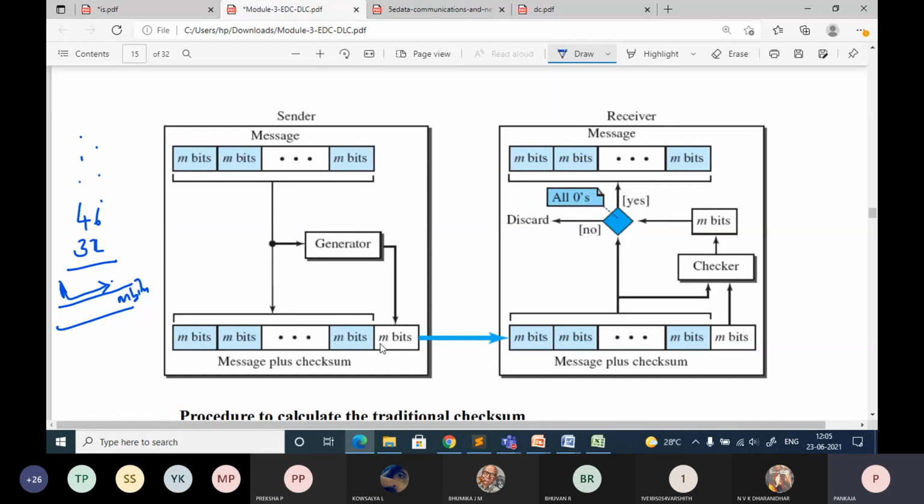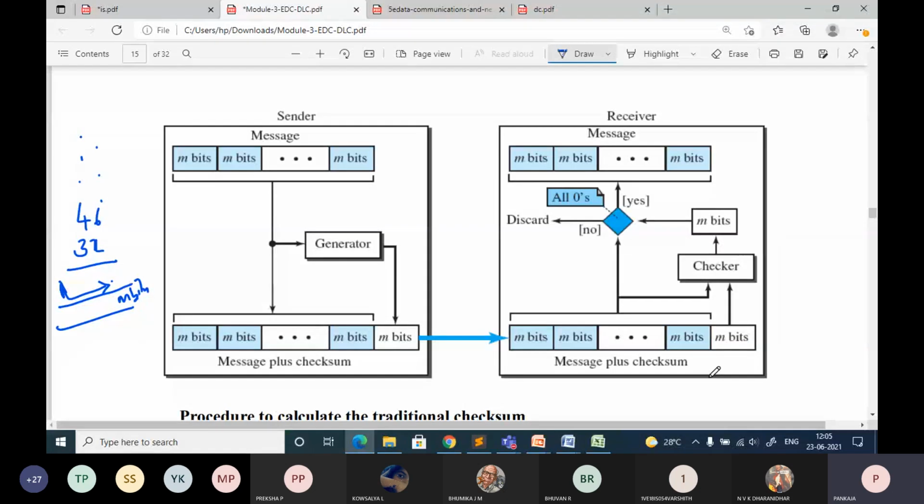Now what is the receiver going to do? The receiver is going to do the opposite operation. The complete data is taken and sent to the checker. That is the logic at the receiver side to find whether the received data is correct or not.